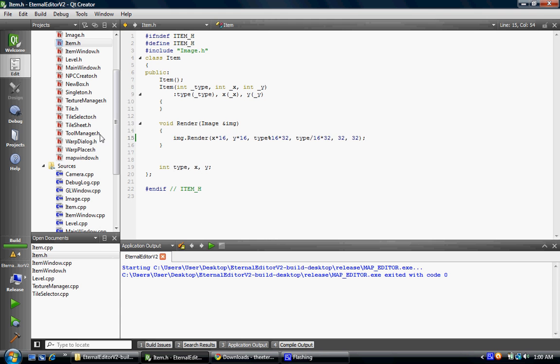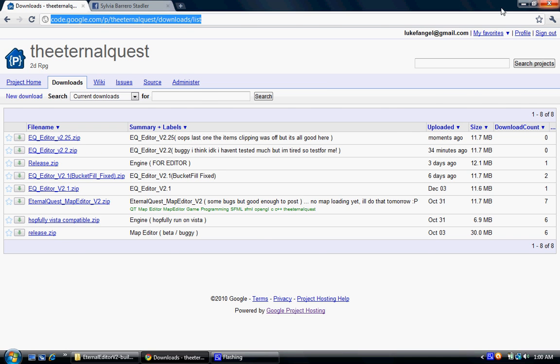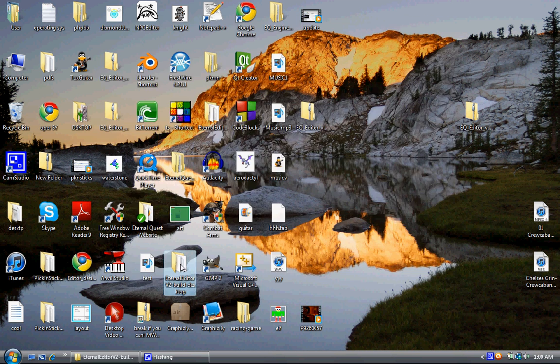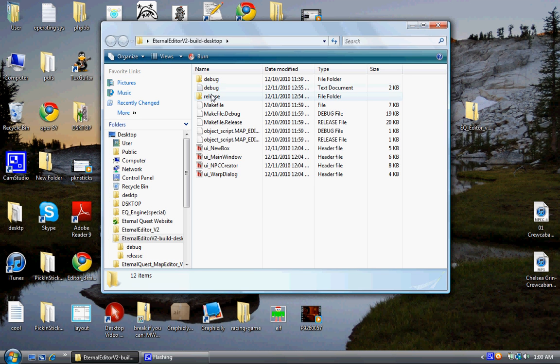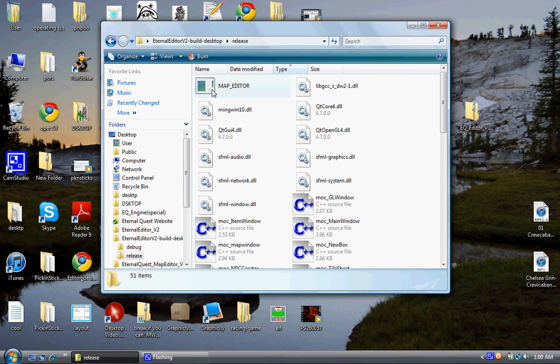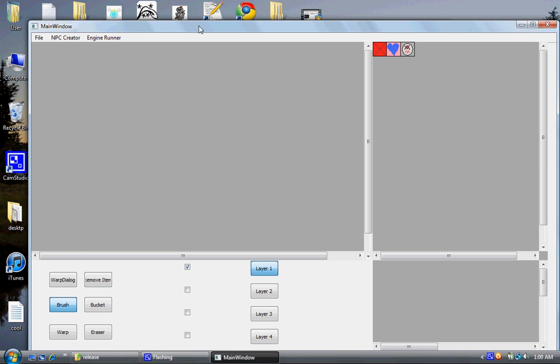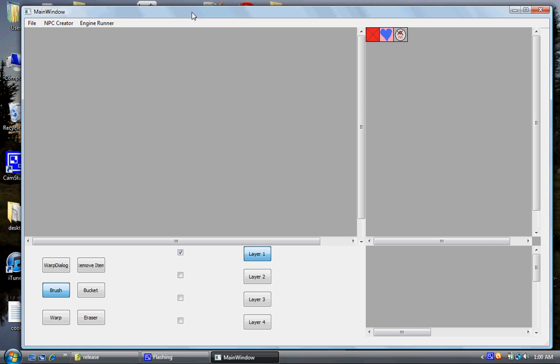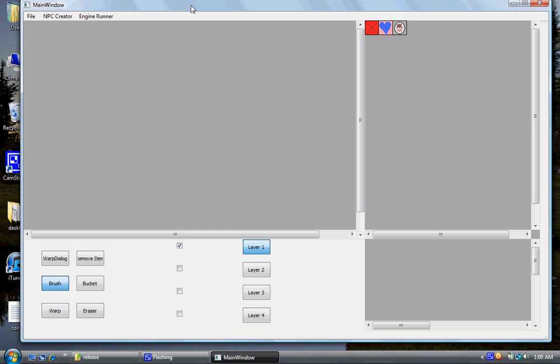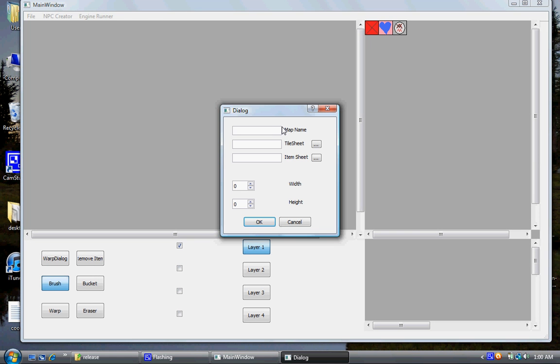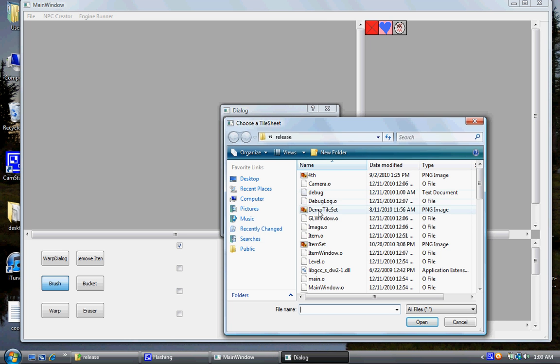No, I'll show you. I've been doing a lot of work on this, so I'll show you a few things. I'll just run it, and I'll show you what it's like. So let's just go in here, release. Alright. So I added shortcuts, which are really nice. I can just do Control N, and it pops up my new dialog box. Then I'll pick my tile sheet and my item sheet,